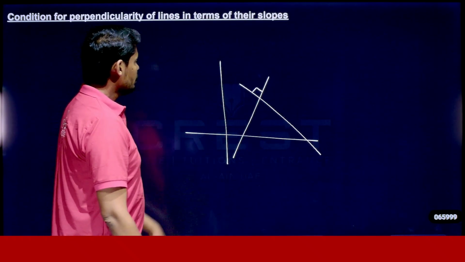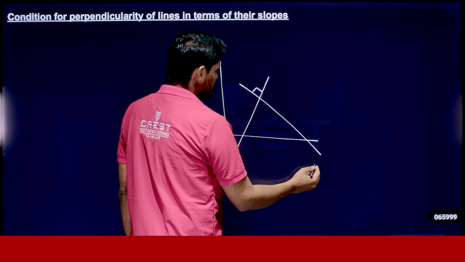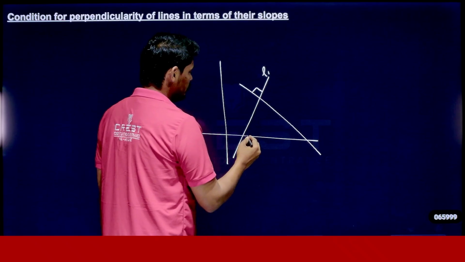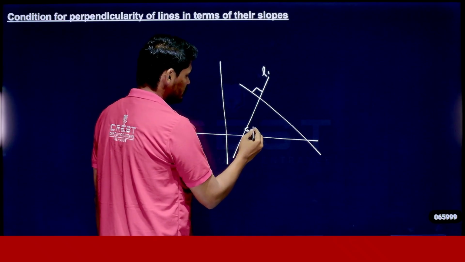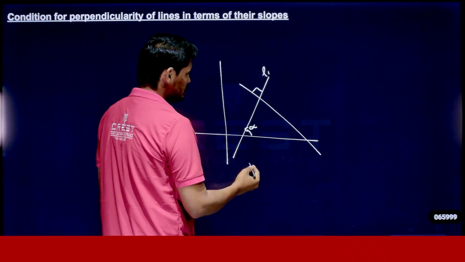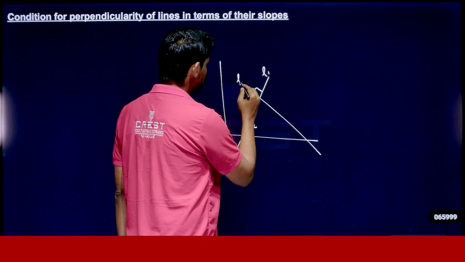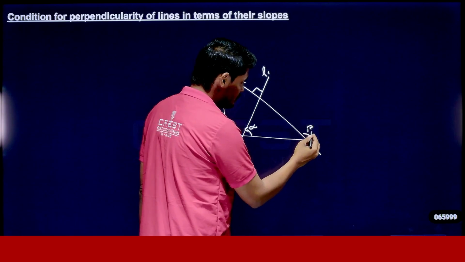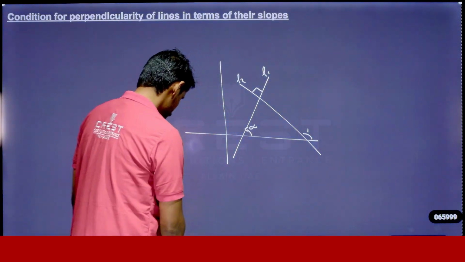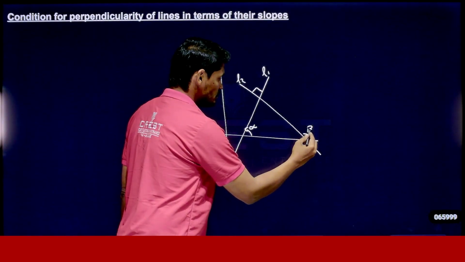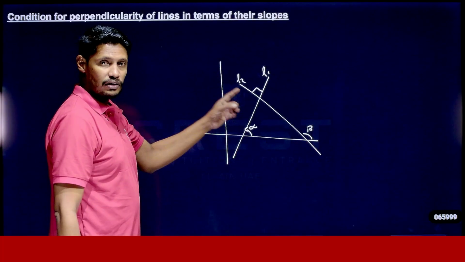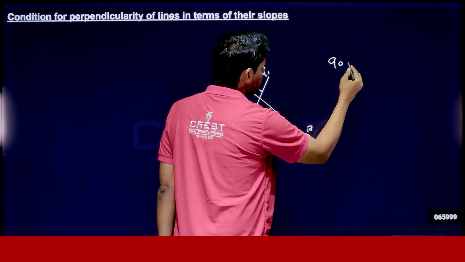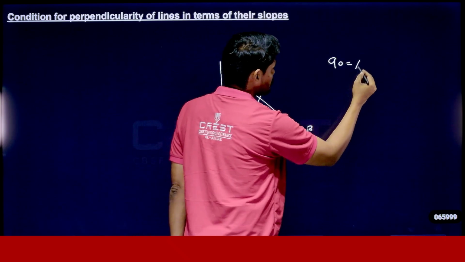Suppose this line is L1, and L1 makes an angle alpha with the x-axis. This line is L2, and L2 makes an angle beta with the x-axis. Now from the figure we know that 90 is equal to beta minus alpha,